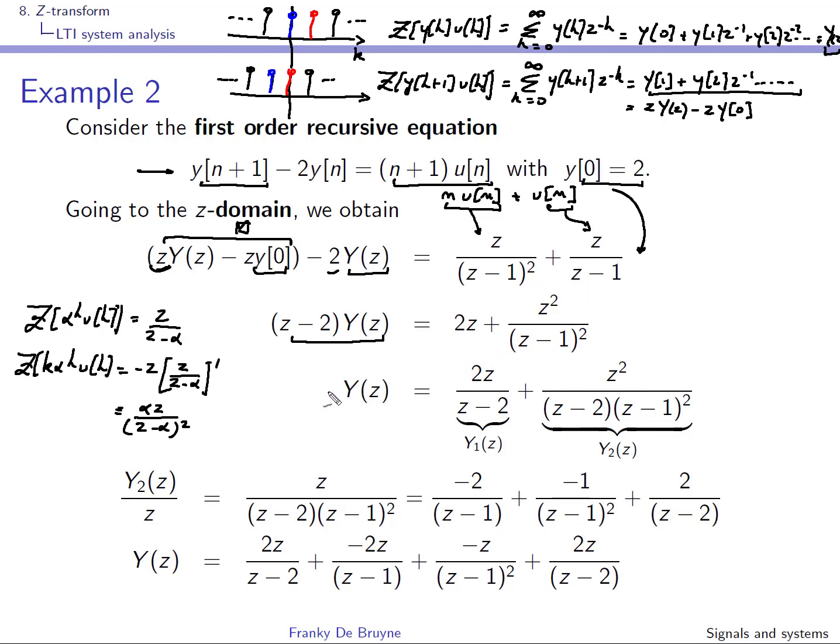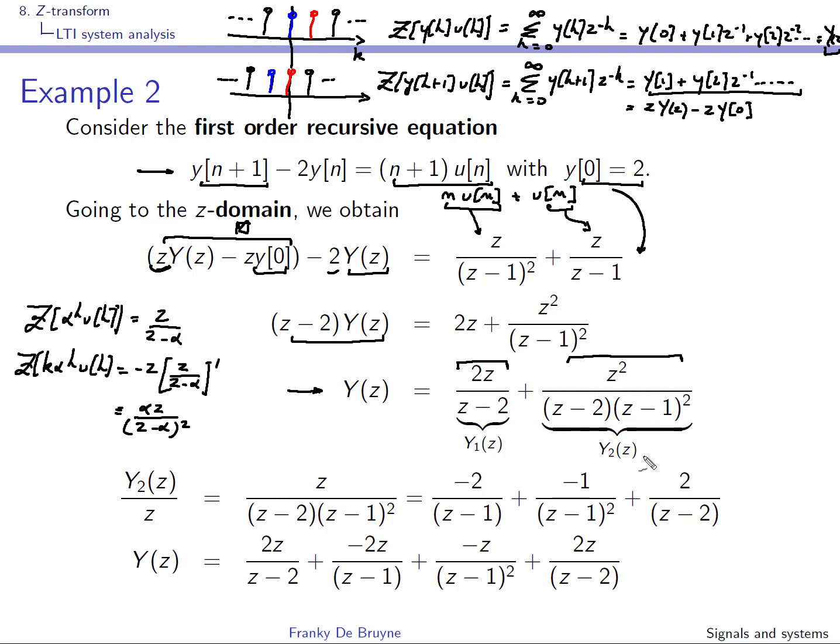And then we divide by z minus 2, and we obtain this relation over here. This term here comes from the initial conditions, and this term here comes from the input. Okay, so this is the zero input term, and this is the zero state term. This will be la réponse libre, and this will be la réponse